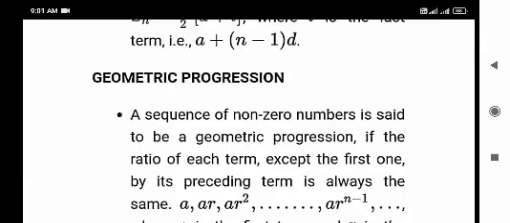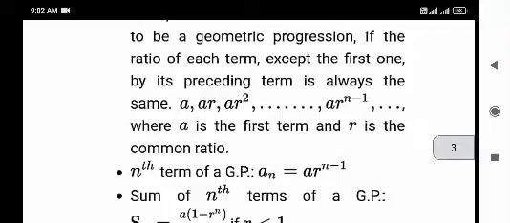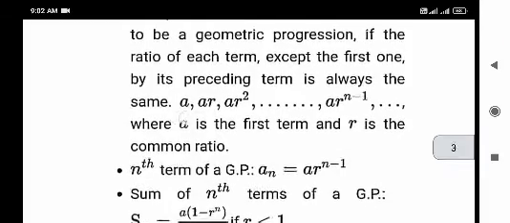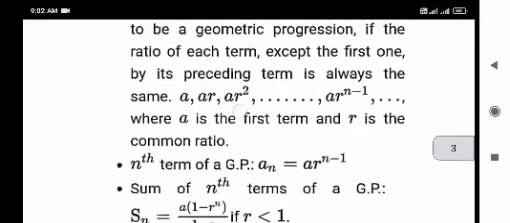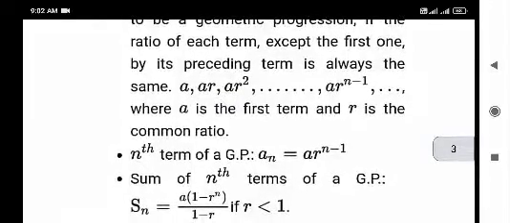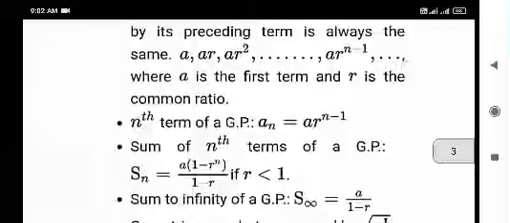What is geometric progression? What is the difference between geometric progression and arithmetic progression? In arithmetic progression, a constant difference is available between two terms. In geometric progression, a constant ratio occurs, right? Suppose the sequence given here is a, ar, ar square up to ar to the power n minus 1. If we consider the ratio of the second term to the first term, that is ar upon a, which is equal to r. Second, the third term to the second term, that is ar square upon ar, which is equal to r. So here we get a constant ratio between the consecutive terms. So this type of sequence is called a geometric progression.